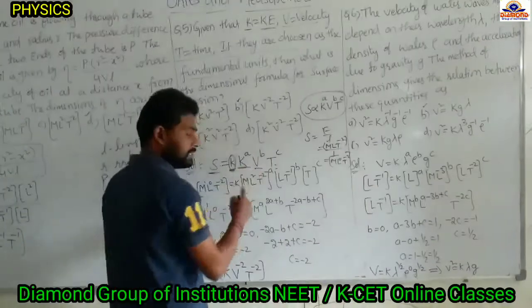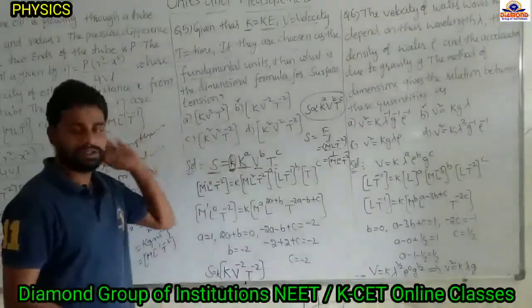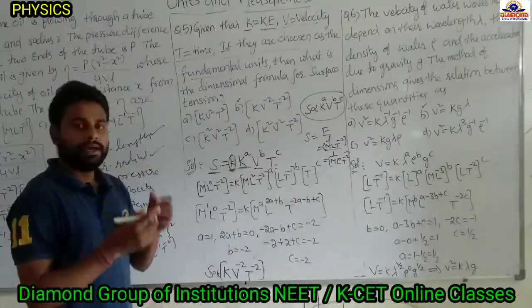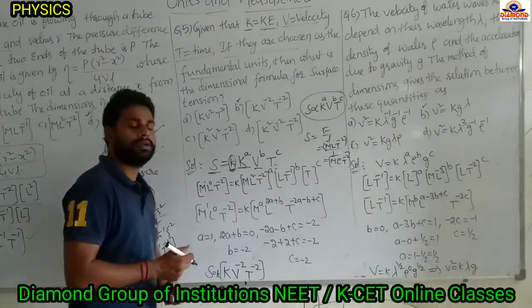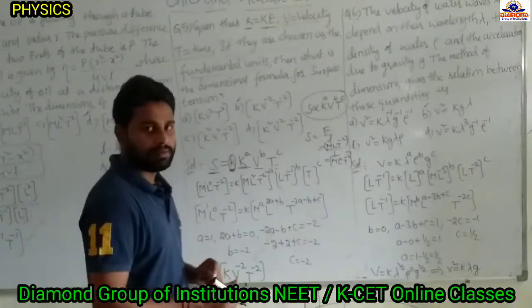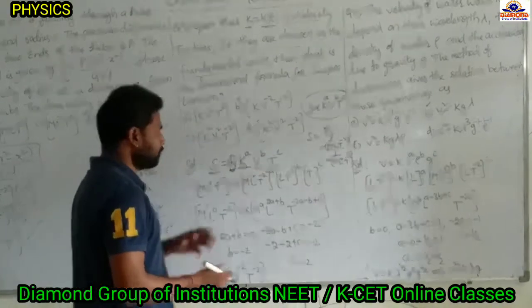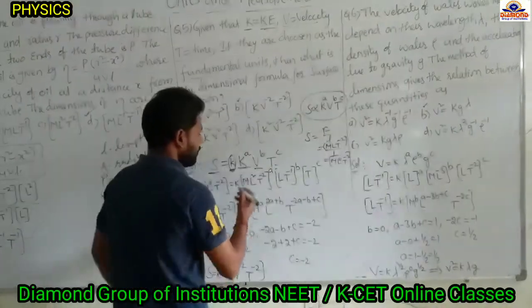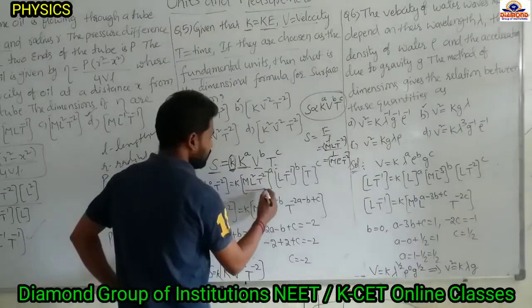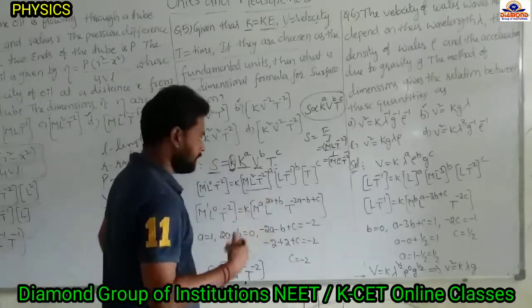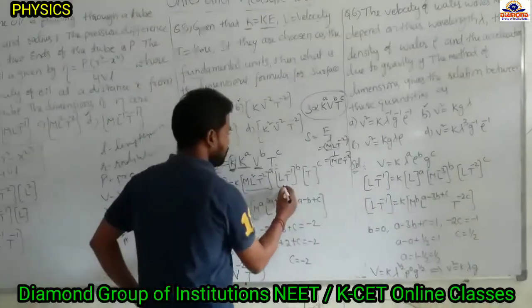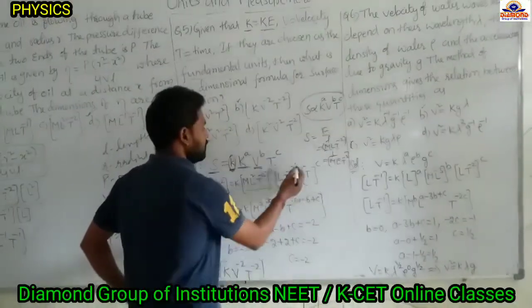Kinetic energy's dimensional formula we already derived in the previous question, but you have to remember it, because deriving every time will take more time. So you have to remember the force and energy dimensional formulas, it will be helpful to you. So kinetic energy's dimensional formula is M L square T power minus 2, power A, and velocity is nothing but length per time or distance upon time. So L T power minus 1 is the dimensional formula of the velocity, power B.